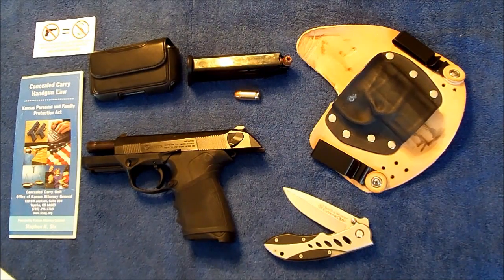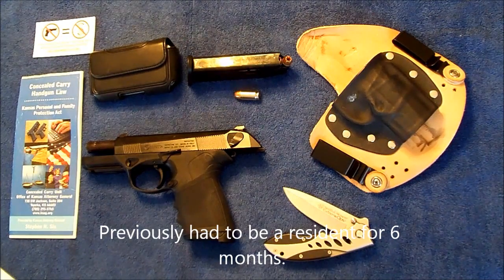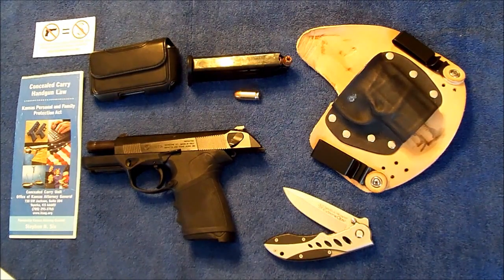One of the other things it did was change the residency requirement. Prior to SB 306, you had to be a Kansas resident for 90 days. That eliminated that residency requirement on or after July 1st of 2010. And so if you're moving into the state, you can apply for a license as soon as you are actually living in the state. So if you have a valid CCW license from a jurisdiction that Kansas recognizes, depending on their training requirements and such, you can go ahead and apply and carry. Once your application is in, you can carry on that